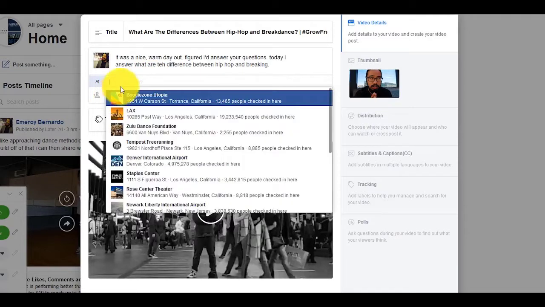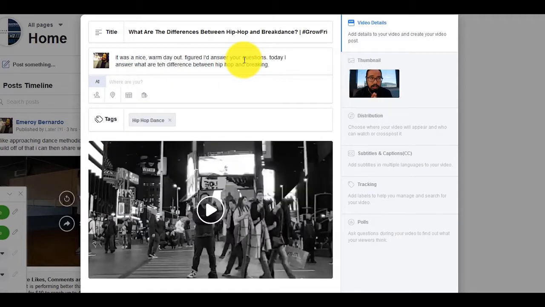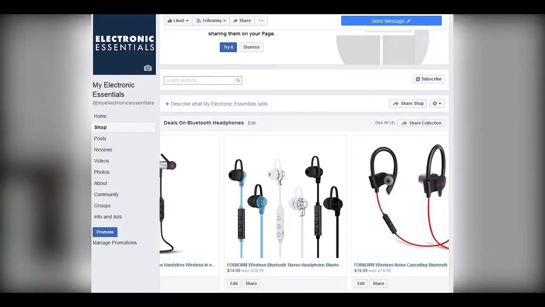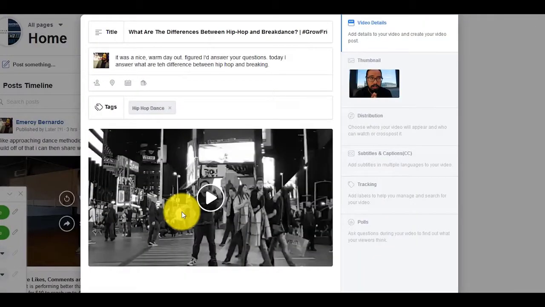Or you can say you were teaching a workshop, you can tag the workshop you were at, and then it brings more attention. It's a great way of distributing your content, because you're not just sharing your content, you're also notifying the people who were involved, the places involved, and you can even go as far as dating when that video was posted, or when this video was created. Okay, and if you have your own products, assuming that you have your Facebook store set up for this to happen, you can tag the product that's being used in the video. So it's pretty awesome.